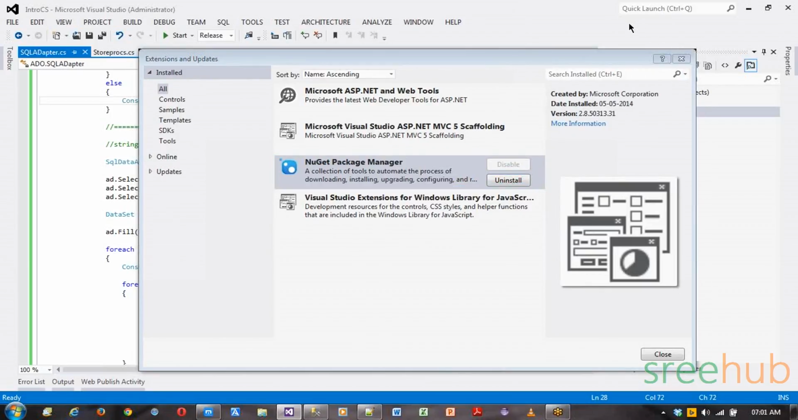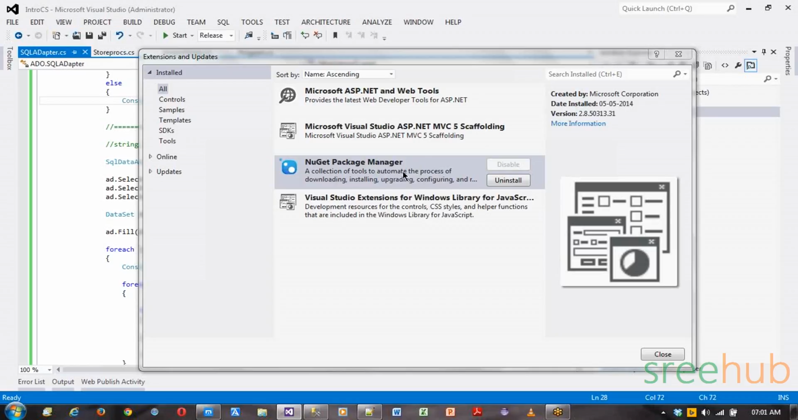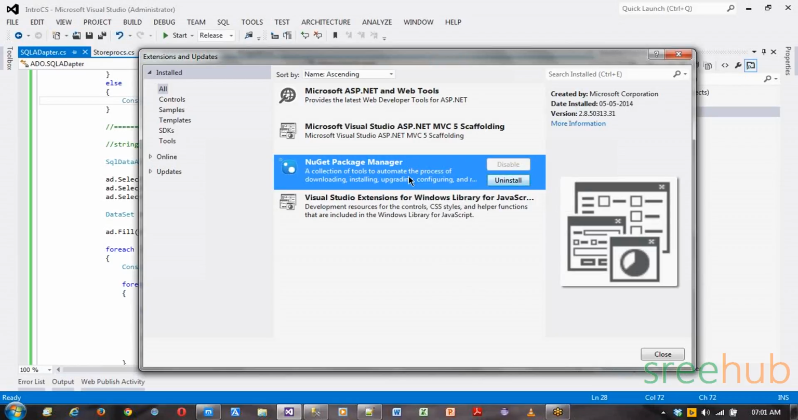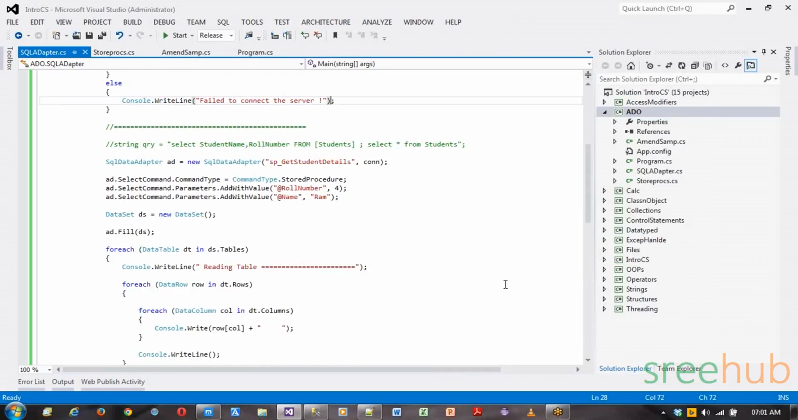This is the actual framework which can download and install, upgrade or configure. It will do everything for you, and this is specific to Visual Studio. I've already installed this. If you want, you can directly select and install. Once you install this, you have the NuGet package manager. Once you have it, let's say in my project I want to install Entity Framework in my Visual Studio,